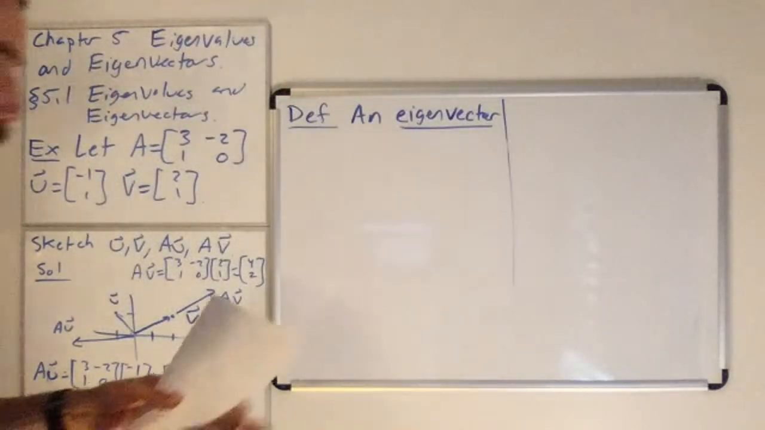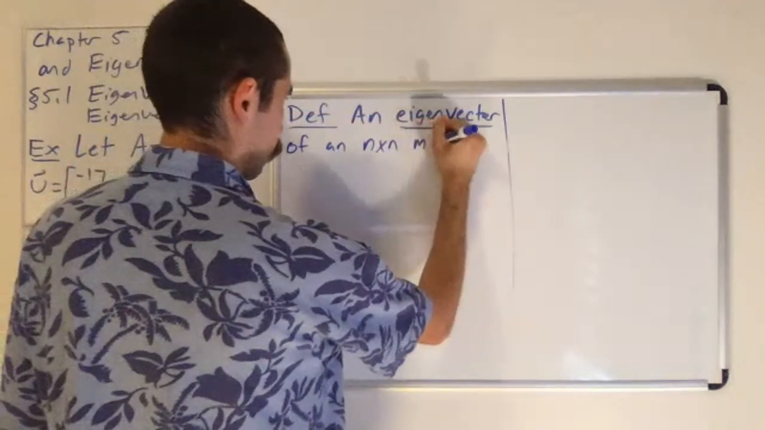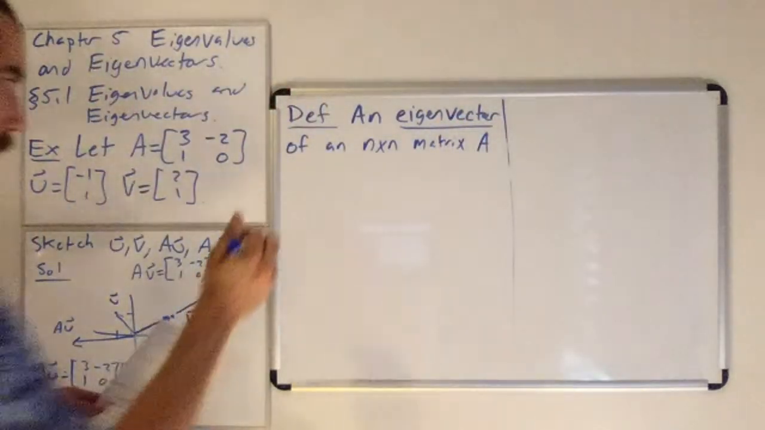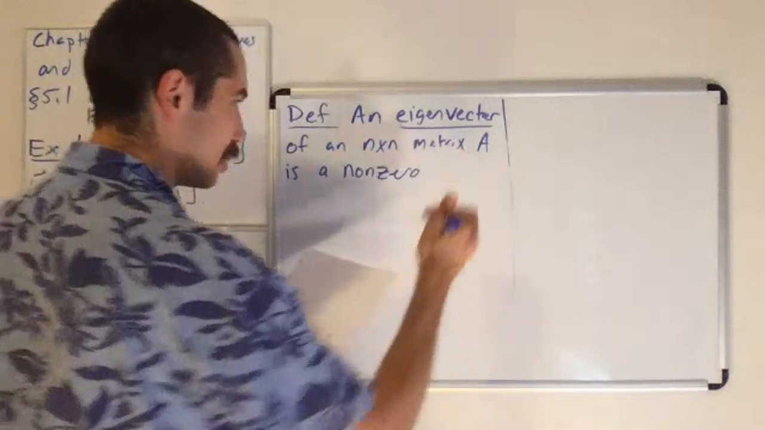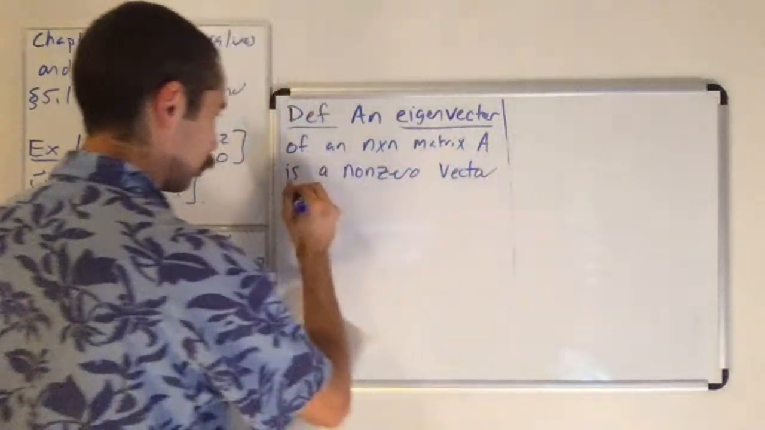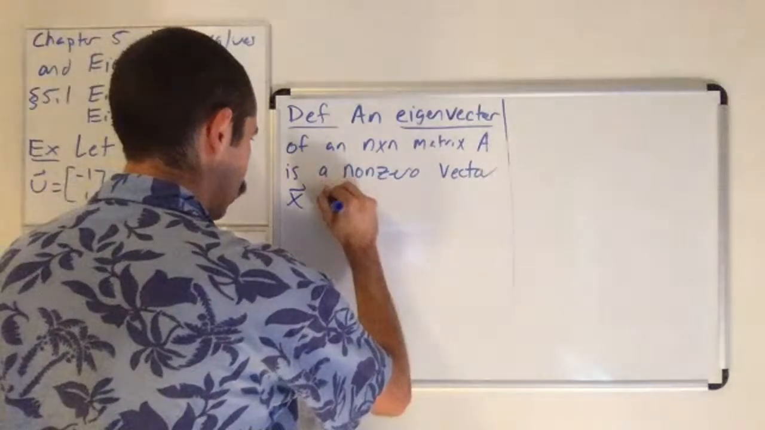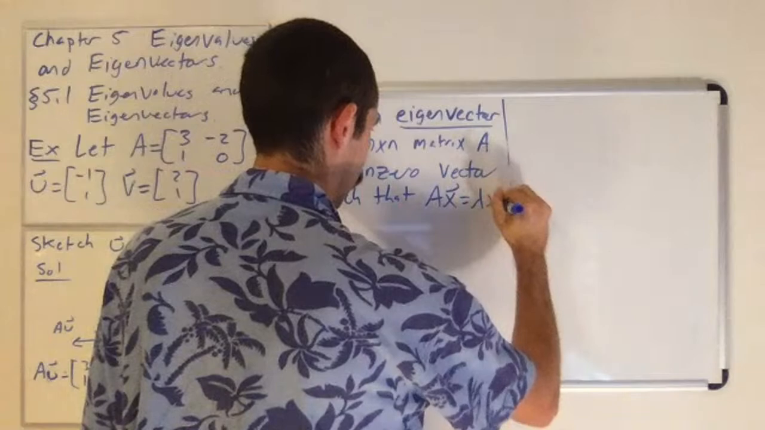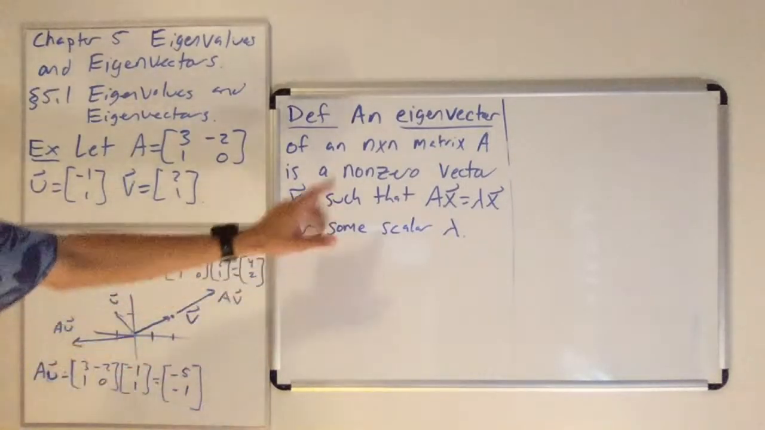An eigenvector of an n by n matrix A is a non-zero vector x such that Ax equals lambda x for some scalar lambda. Okay, and before we get to what an eigenvalue is, what this is saying is if you